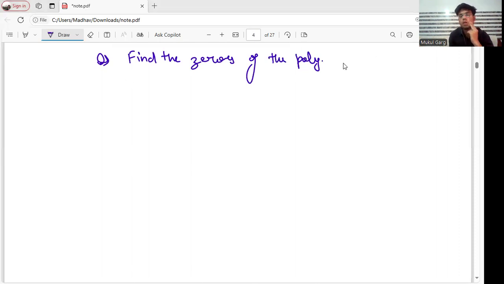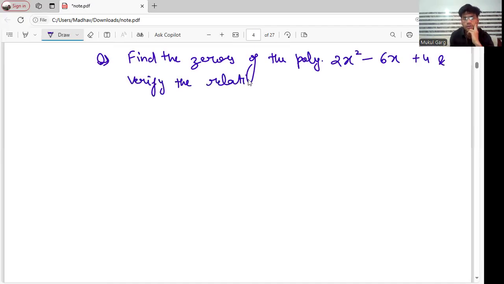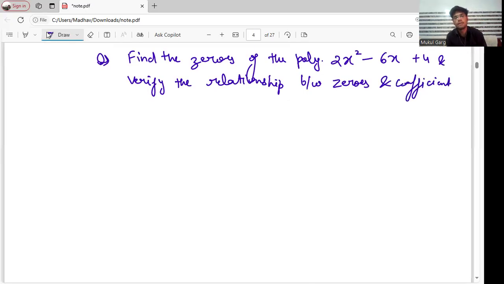Let me write down a polynomial: 2x² + 4 - 6x. Okay, and verify the relationship between zeros and coefficients. This is a question similar to the questions given in the NCERT book. You can try some questions in the NCERT book, and tomorrow we will be solving some more interesting questions on the relationship between zeros and coefficients. तो यही हमें करना है।